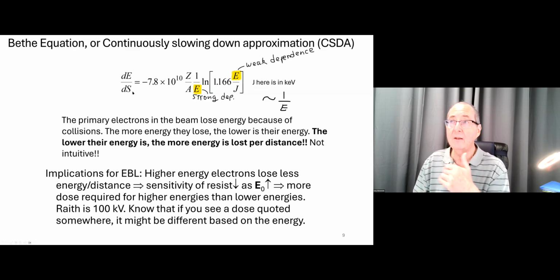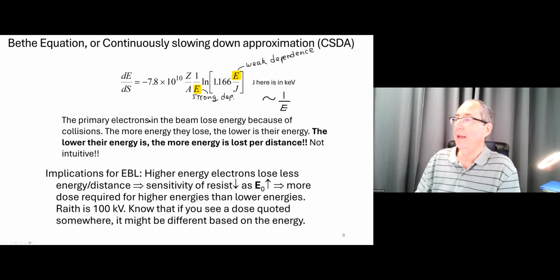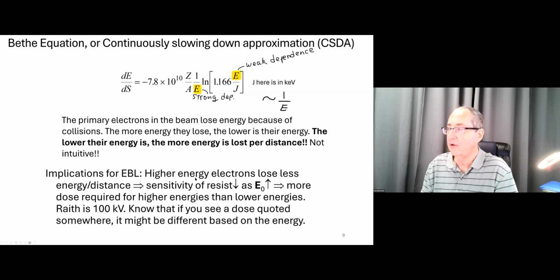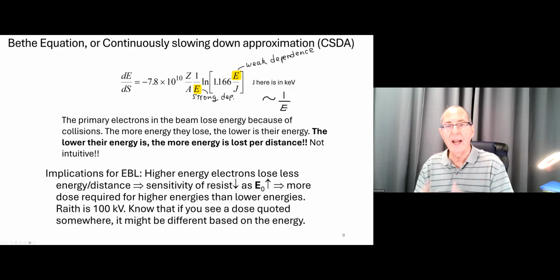And the amount of energy that it loses is its energy at that particular point along the path. Okay, so now you understand that energy is really important in terms of how much energy that it loses. So one implication for electron beam lithography is that higher energy electrons lose less energy per distance. Therefore, you need a certain dose at higher energies to expose resist that is a higher dose than at lower